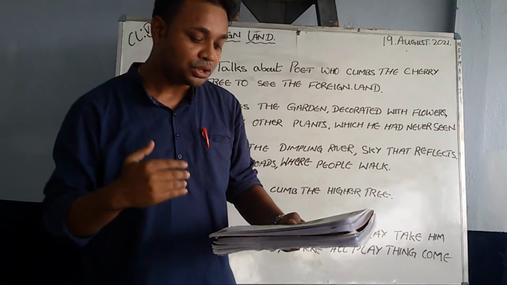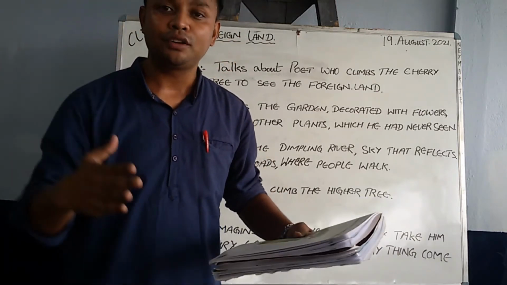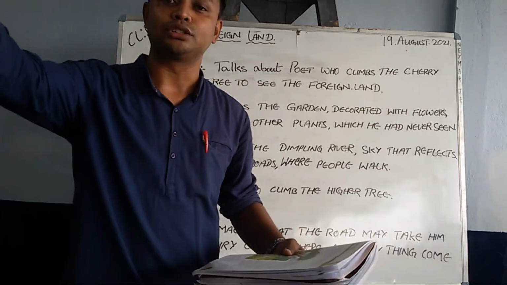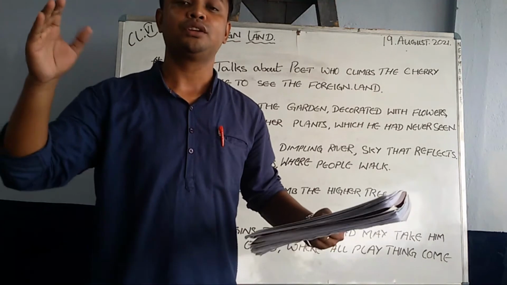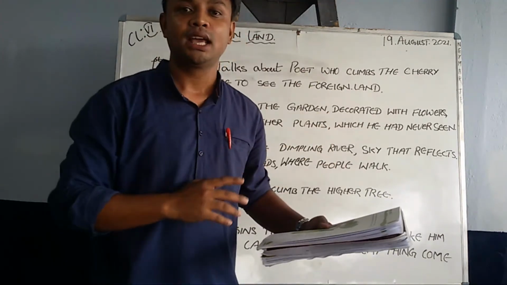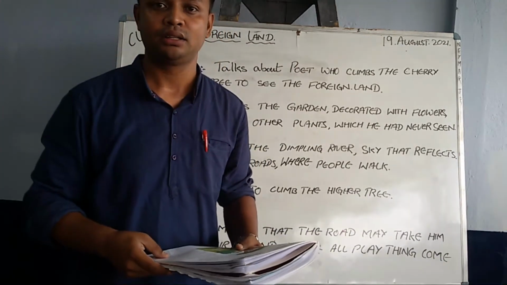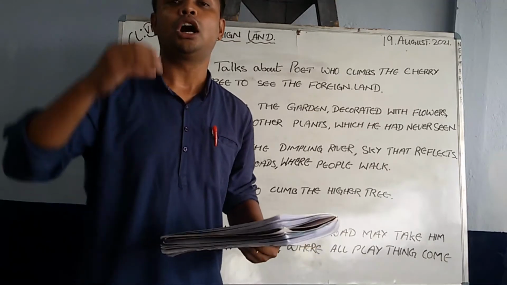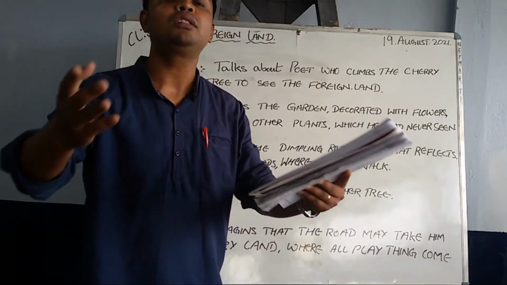So he wishes to see what? The grown-up river. The river that goes somewhere else to meet the bigger river. Yes or no? He wants to see where the river goes and puts itself in the sea. And he wants to see the ship as well there. Okay? So he wants a higher tree. He wishes to climb up in a higher tree and see all these things.